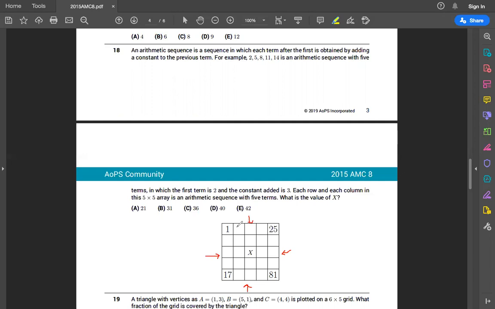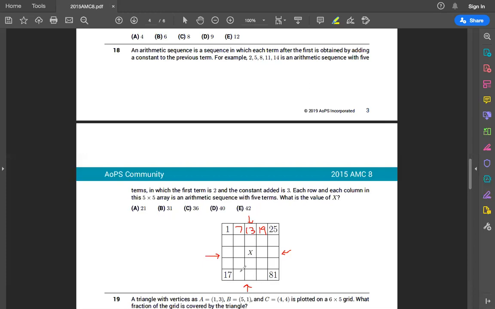So 24 divided by 4 is 6, so we know every jump is 6. Okay, now let's try to find the box across from it so that we can just look at this